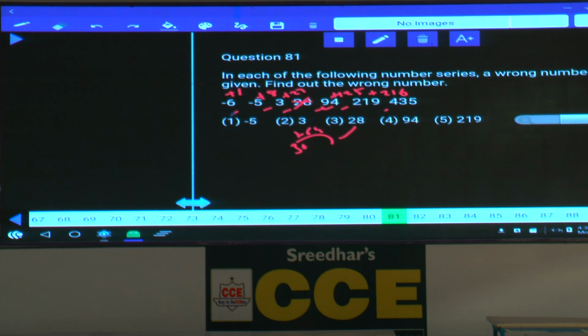Hence what is the wrong number here? Wrong number is 28. Choice 3. Choice 3 is the answer, 23. Then 82. Now in this question number 82,